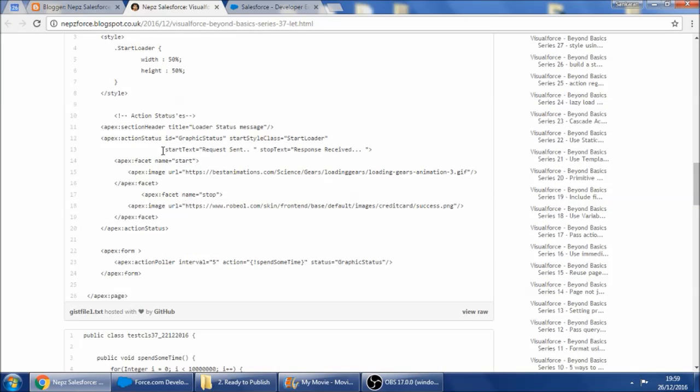This is the page I'm talking about, using an action status with a facet with name equal to start. This is nothing but a component which will be displayed when the action status action gets kicked off. Then you can have another facet with name stop. Whatever is inside this tag will be displayed when it finishes performing the request. For simplification, I have used an action poller, which will trigger every 5 seconds and call a spend-some-time action function. The purpose is because